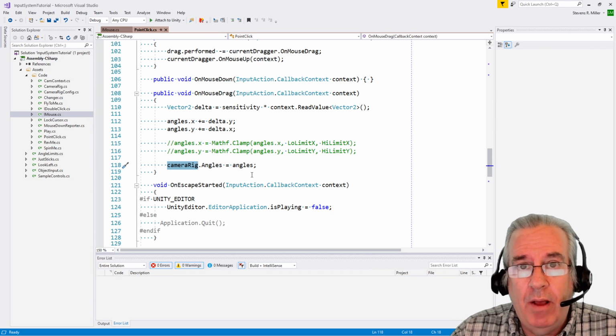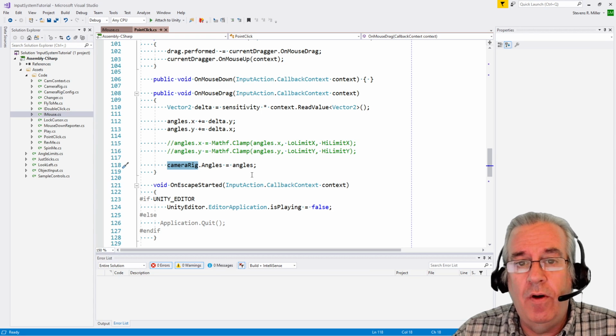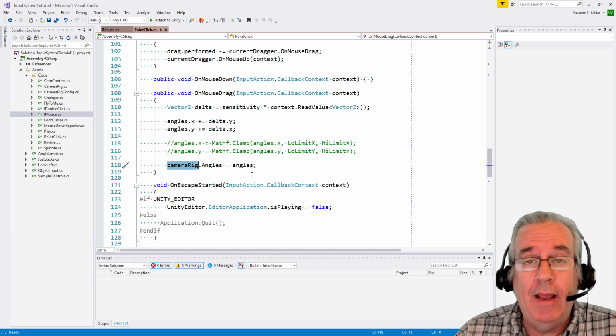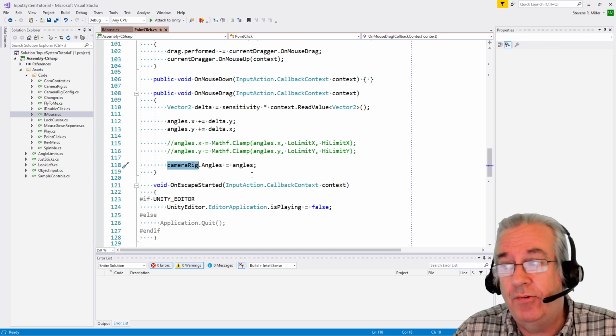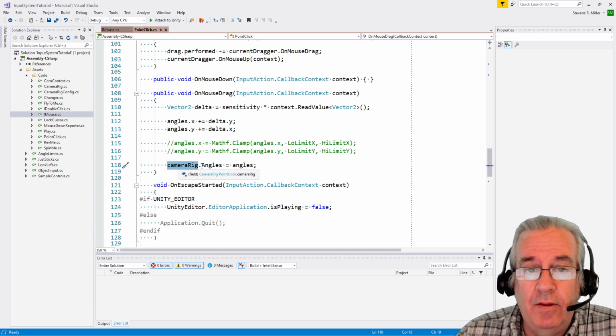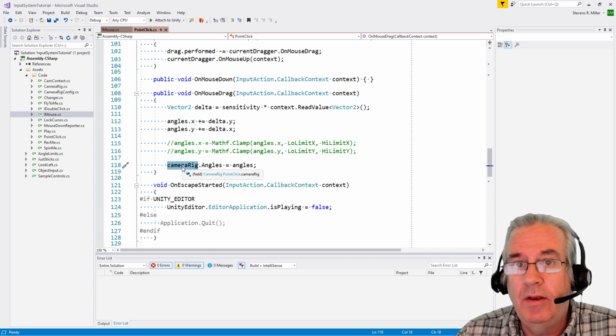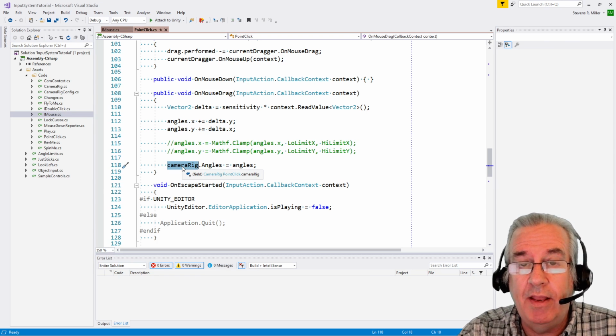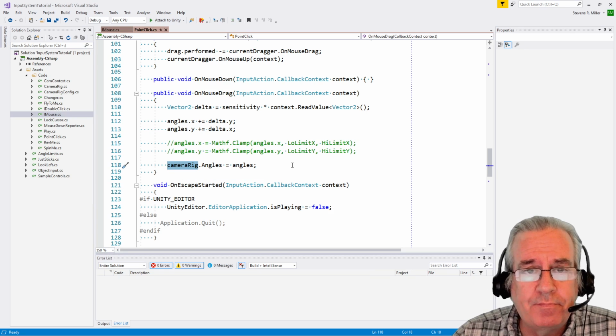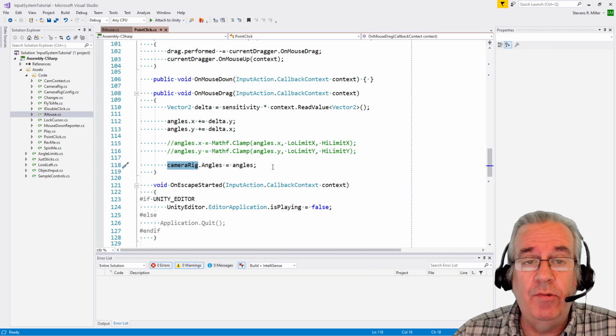And so the on-mouse drag method is being called now as long as it stays registered with the drag.performed event. That only happened because we clicked down on the mouse. Right after I click down, any subsequent mouse movement is going to cause the input system to call on mouse drag. That means that I can continue to pass changes to these angle values to my camera rig object. How it handles the movement's not important. What's important is I can do that by connecting the on mouse drag event handler to the drag.performed event. It stays connected, and so it continues to be called until